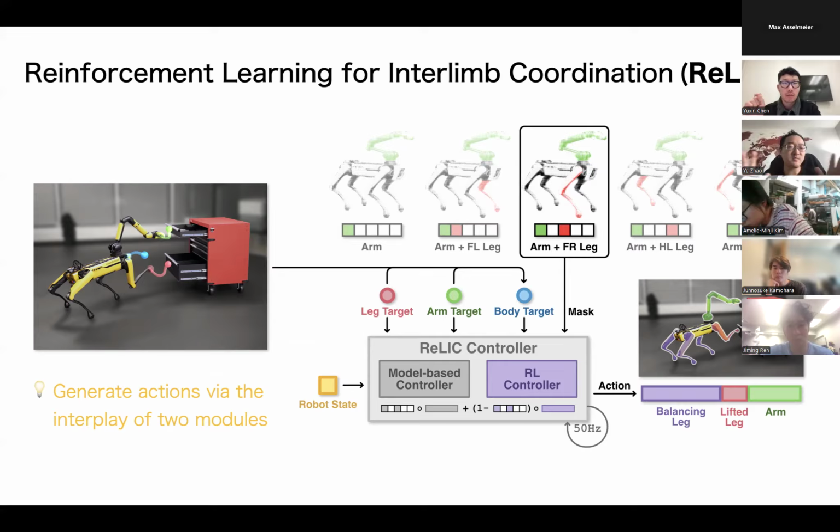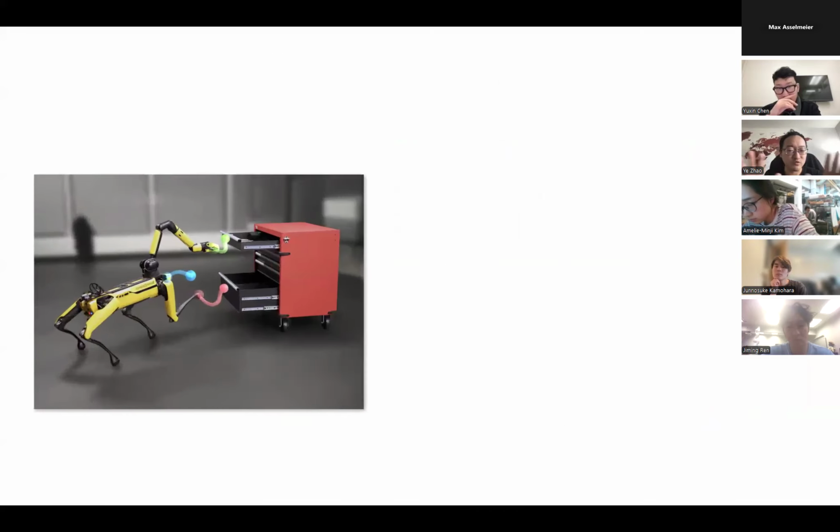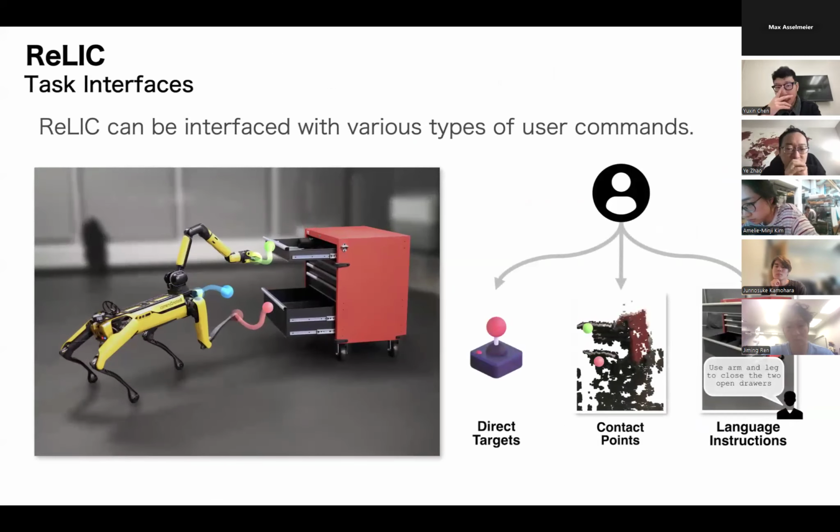Okay, so there's a high-level contact sequence design, or the limb assignment. This is done by the higher level, maybe some rule-based or other approach. So how do we specify these high-level inputs? We have three kinds of inputs. Either the teleoperation, where we manually specify the location of the end effector and the lifted leg, or the contact points, where we specify the end points, do the interpolation between, and then follow those trajectories.